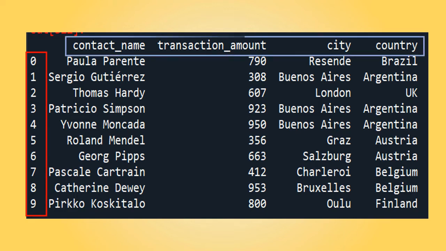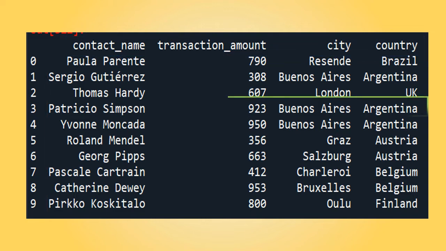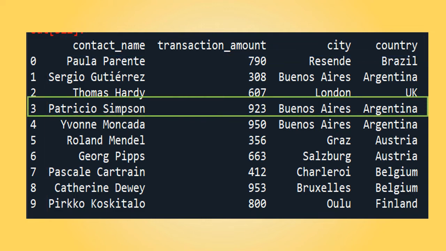These are the column names. You can also call them variables. Here in our case we have 4 columns. This is one row, so it's not that this is the only row. All these entries will be considered as rows. Each of the entries in this data frame is a row.